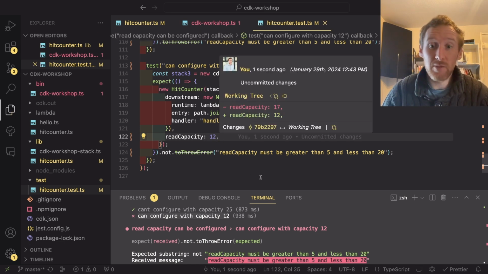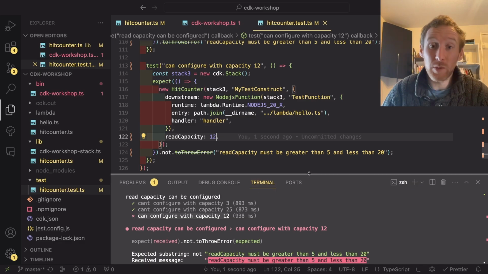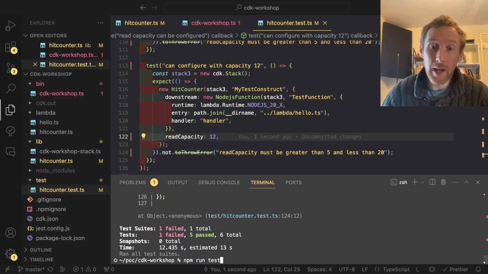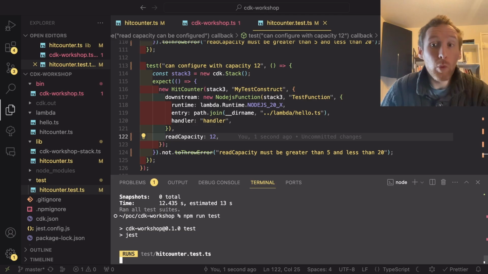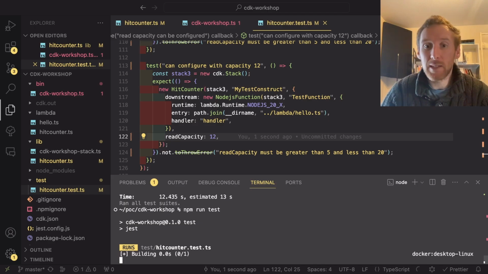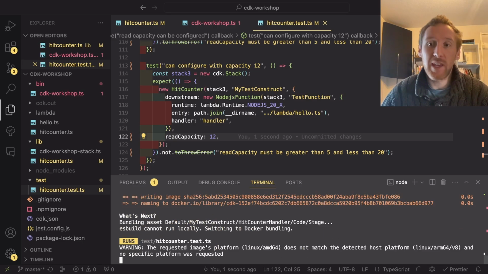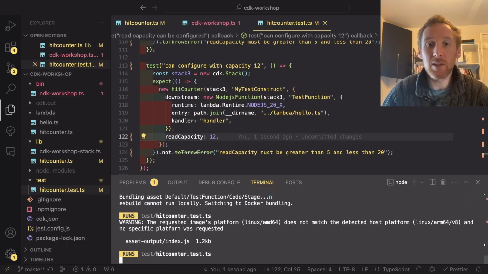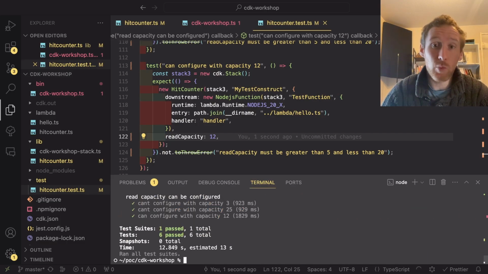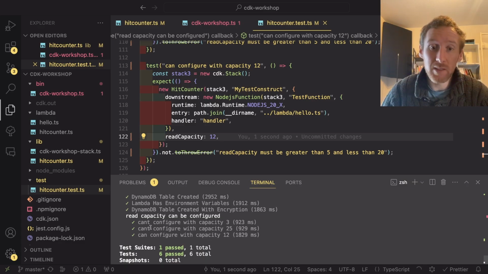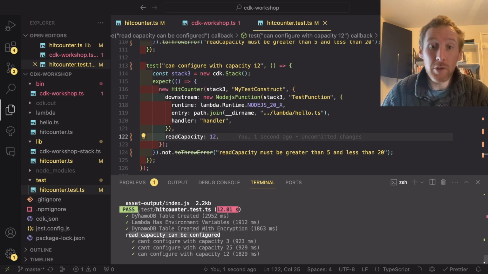So if we now save this and change it back to 12, which is what it's meant to be, and rerun the tests, we'll obviously see all of these tests passing, but we're able to actually group blocks of tests together using a describe block, which makes it much easier to understand what different tests are doing,